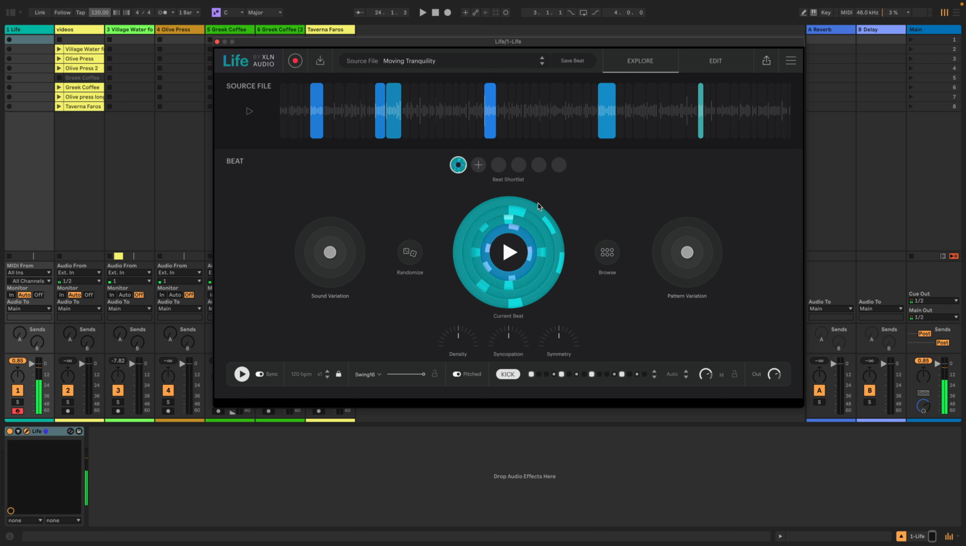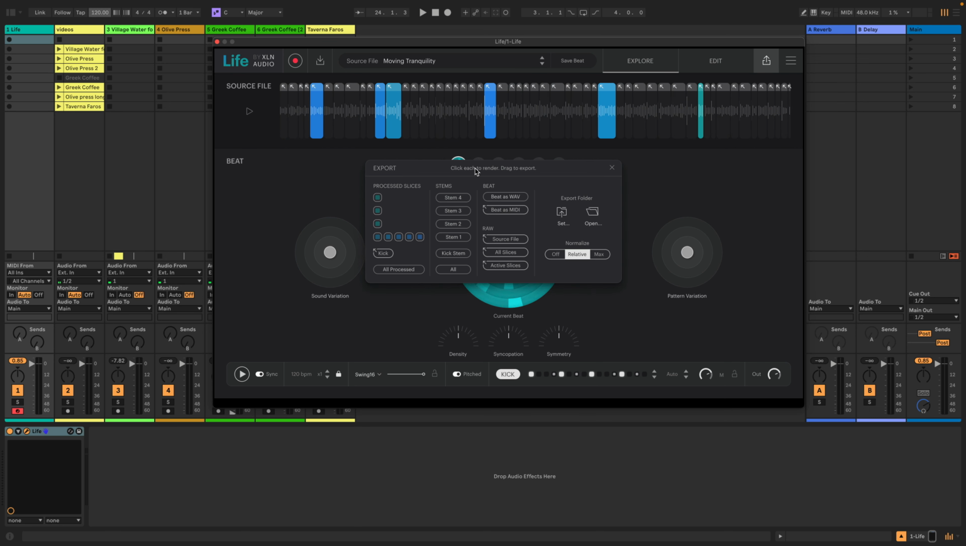Now that we have found a nice beat, what we can do is come to export. First of all, we have to stop the audio. Come here to export, and this gives us a few options. You can export only the stems, like the first, second, third, or fourth, only the kick. You can do all processed, all stems, and you can export your beat as a wave or as MIDI,